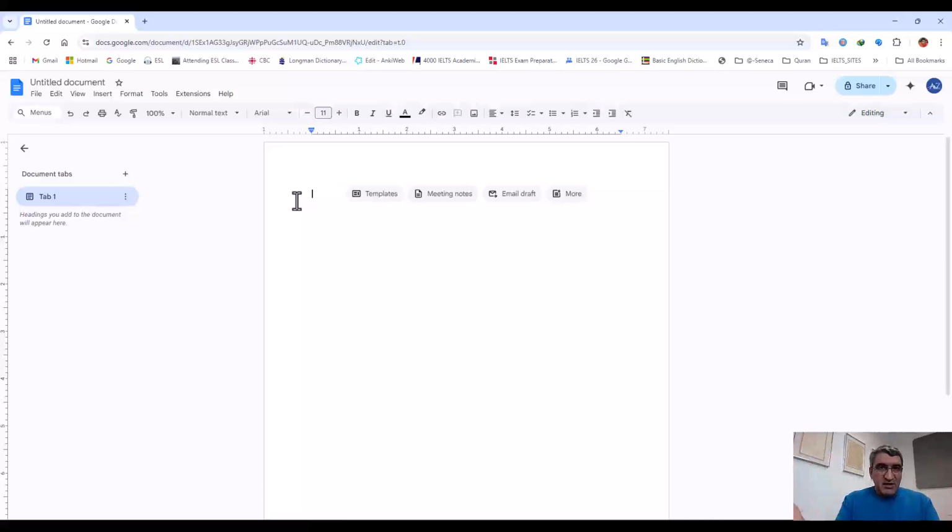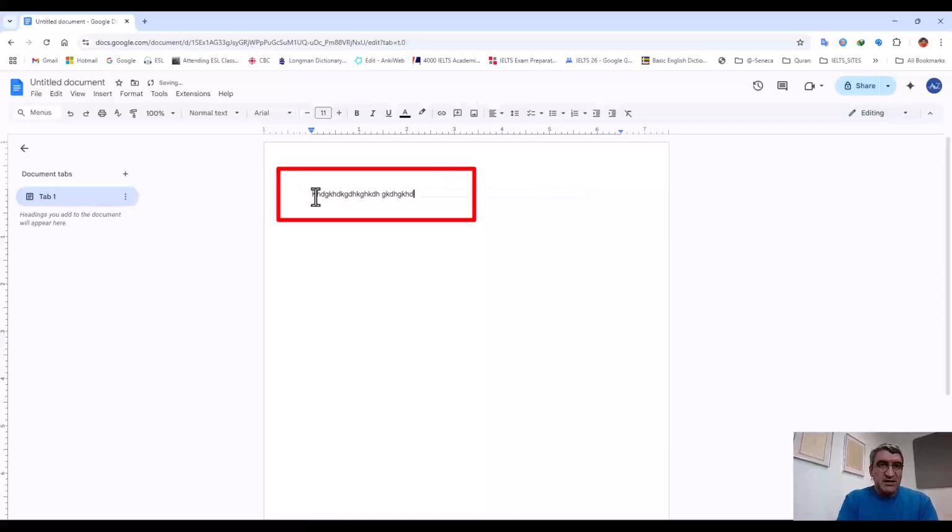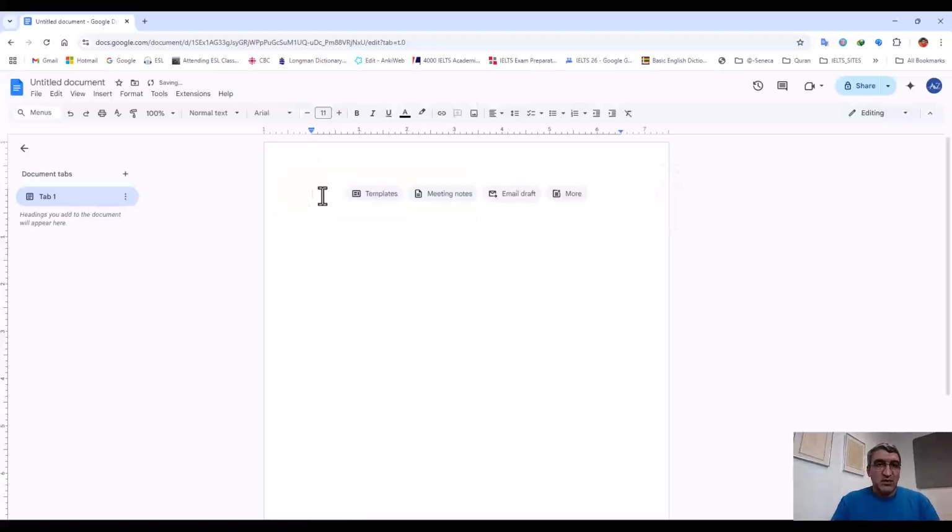So now it is ready. As you see, the cursor is here blinking. It is ready to type. If I type, you see, it will type and I can see the result. So this is the typing area. In this video, we are going to know the workplace very quickly, and we are not going to talk deeply about them, only get familiar with what they are.